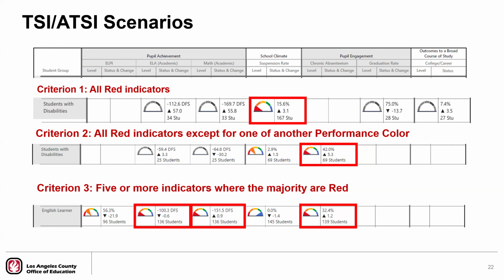One thing you'll note is, in this case, the first criterion I just want to point out, you may see on the ELA and math on the first indicator, you see 34 and 33 students, and you're saying, well, that's over 30 students. How did they not meet that? They wouldn't have had 30 students in the prior year, so that's how you would know. If they don't have a color, that probably means that they didn't meet the minimum N value for 2 consecutive years.